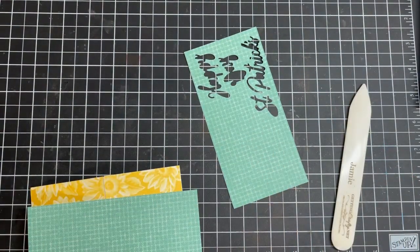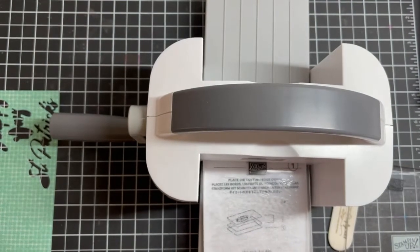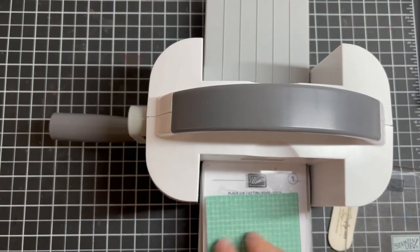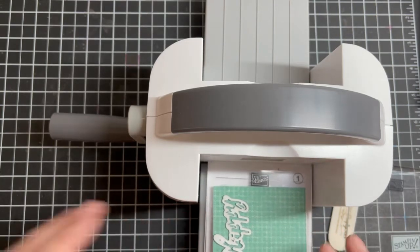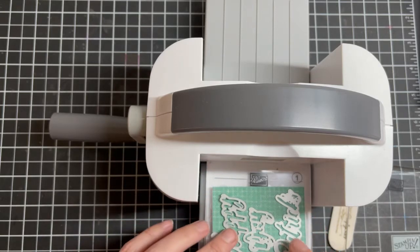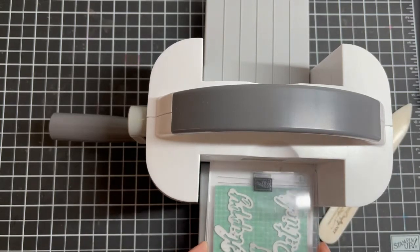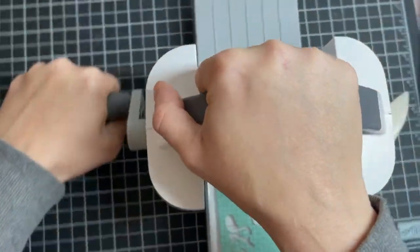our mini cut and emboss machine, one of my favorite tools, quite honestly, because it's so cute, but it also works like a dream. Secret tip with the mini cut and emboss machine, you want to make sure that you are behind this line. See the line? I don't really like to be standing in line, quite honestly. I'm one who likes to rebel against the lines, but here you need to stand behind the line. The reason is that your machine has to grab the pieces. This is a simple die cutting machine, and you want these two lines to line up, grab on, and they're going through. Now the machine has grabbed hold, and we're going to,